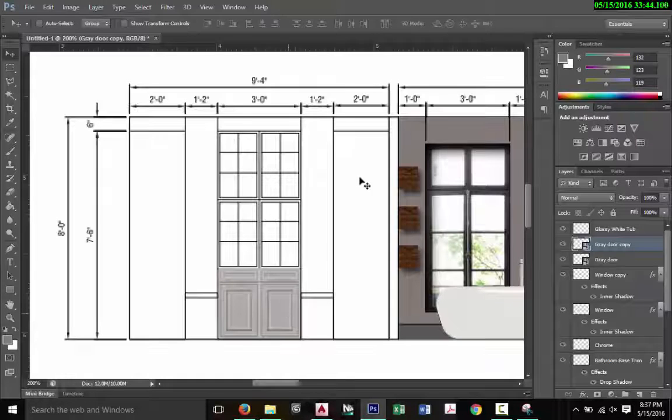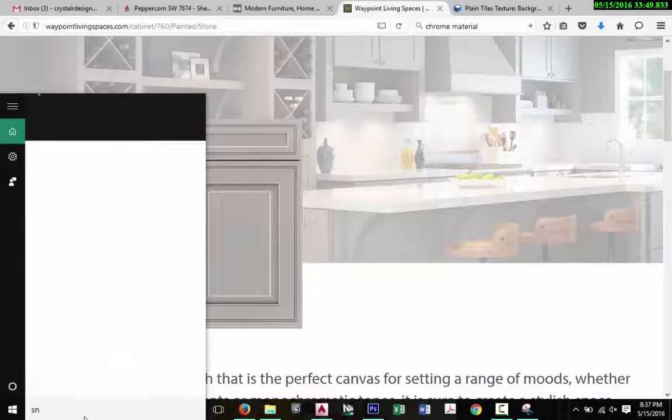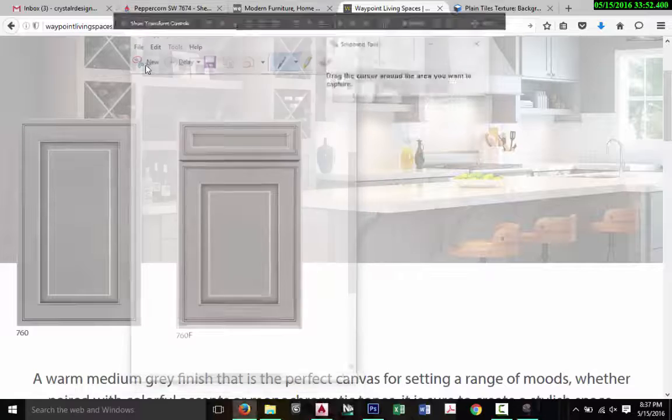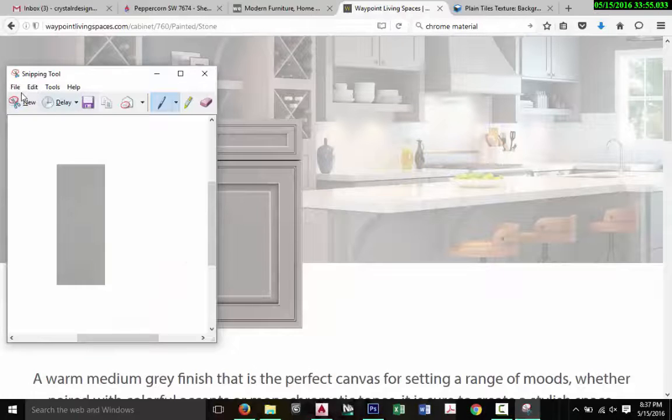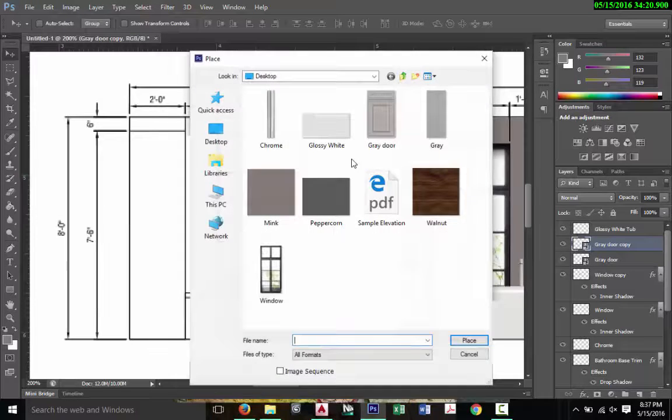So in here, one more thing that I want to do is snip just this solid gray area, a solid wood or solid gray, whatever. I want to fill in these little lines here with that gray, and then I'm going to subtract out these squares because those are supposed to be frosted glass. So basically what we can do is throw on a big solid gray panel, subtract out all these little squares, and slide a frosted glass image behind that. So I'll show you. If we place that solid gray,